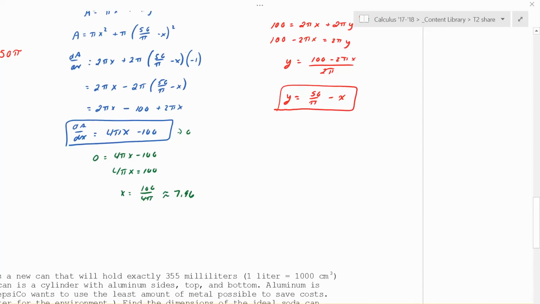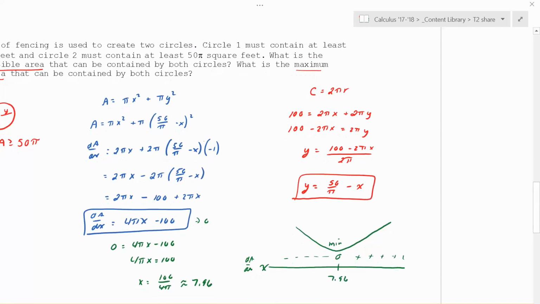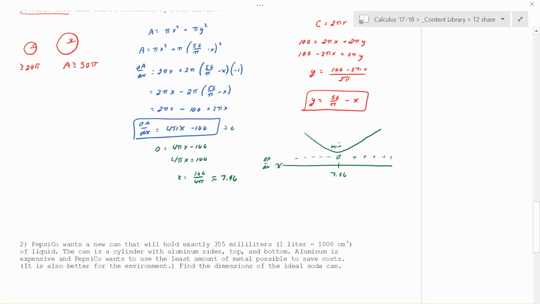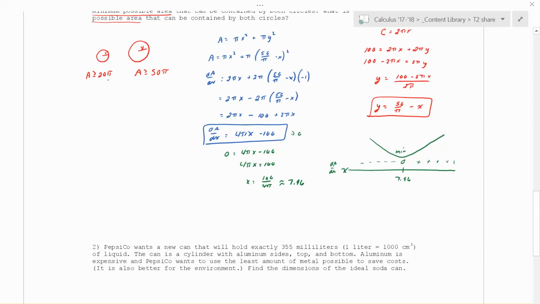So we need to go to our sign chart. The key value is 7.96, and it's a linear equation that goes uphill. So I've got negative values, 0, positive values. This is my x, and I'm looking at dA/dx. So that must be going downhill, uphill. This is a minimum. Well, I was asked for both the minimum and the maximum. So I've got my minimum when x equals 7.96. But in order to find the maximum, I've got to come back over here to my